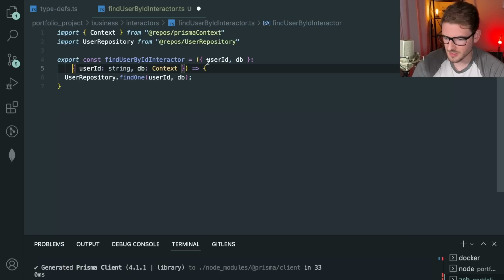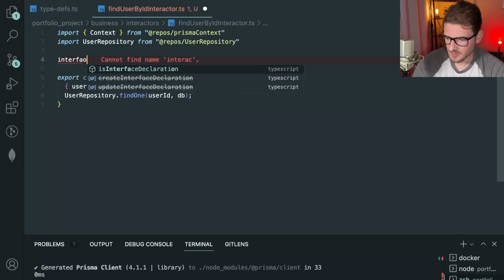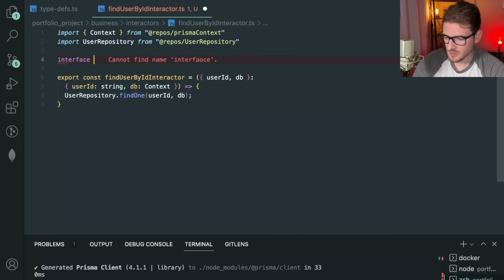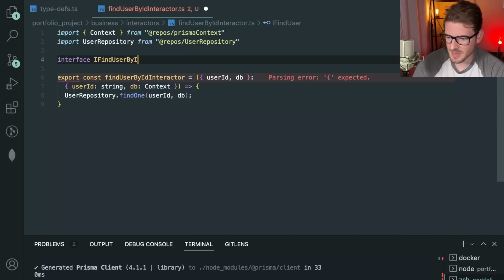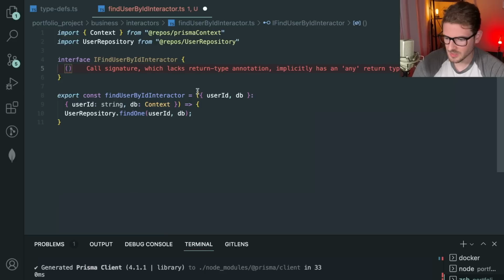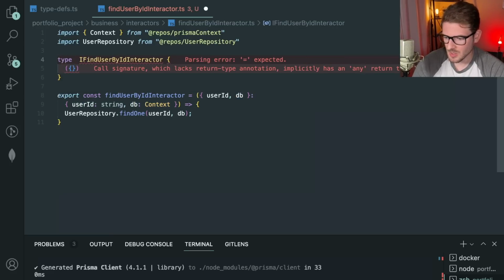Now this looks kind of ugly, so I'd probably put this on a new line or just abstract this out. We could define this as an interface. So I could say interface, I can't type today, interface I find user by ID interactor or something. If you wanted to do that, then by default TypeScript's going to infer your type. So you could just do kind of what we do in React as well. This could just be a type of